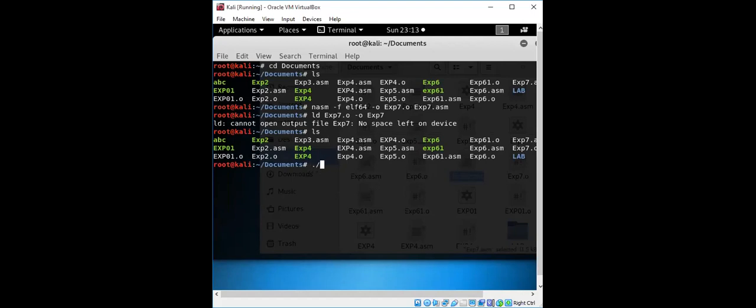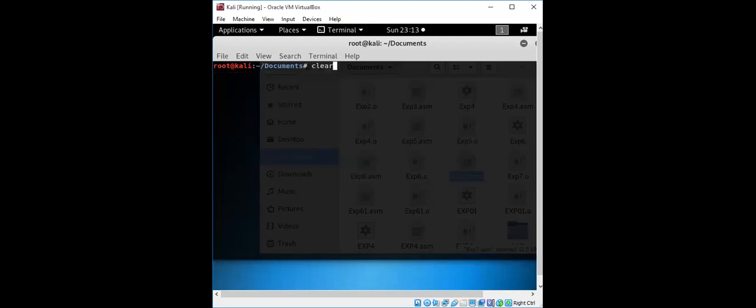Let me check if the executable is there or not. No, the executable file has not been created. Let me check what the issue is. We'll copy this. If it is disconnected, rejoin with the same link.